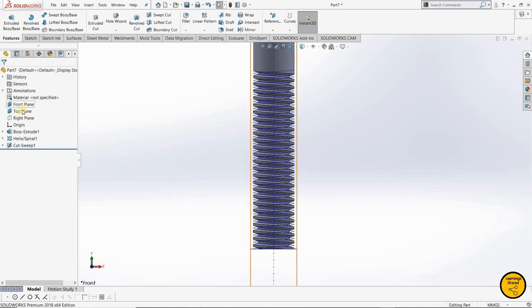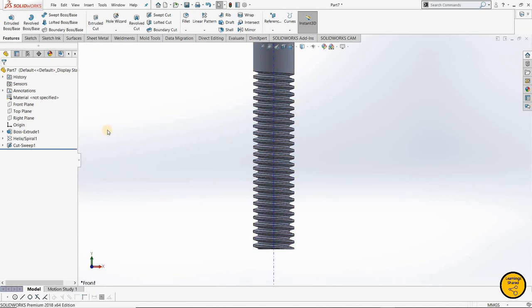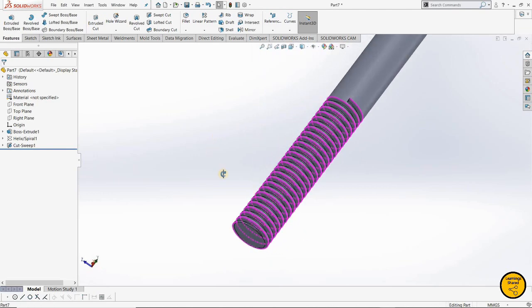I will hide this plane so that you can get a better view. I'll hide this spiral and helix, sorry, and now I'll highlight this. I will hide this view temporary axis. So this is the thread.